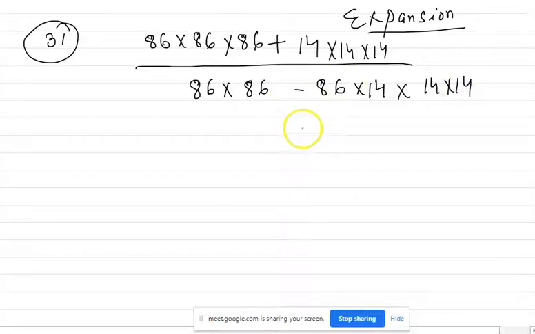Okay, so this one you have to solve. So this will be A and this will be B. Okay,